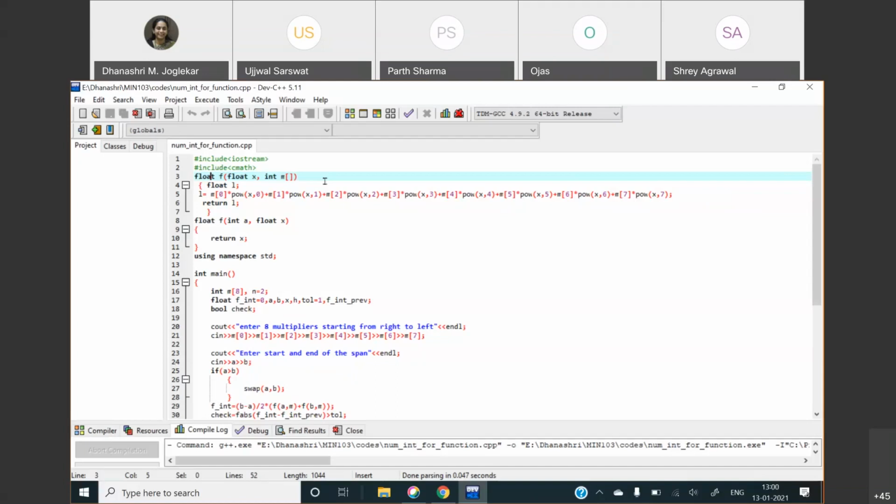Then you can say function call this, and in that function's flowchart you can explain what steps are being taken. In the main flowchart you will only see that at that particular statement or process you are just executing that function, and then you refer to the flowchart of that function to know more about what is happening inside it. Is it clear? Yes, ma'am.